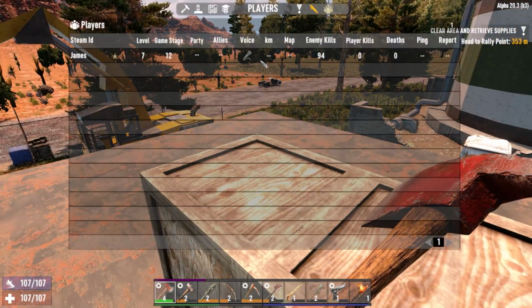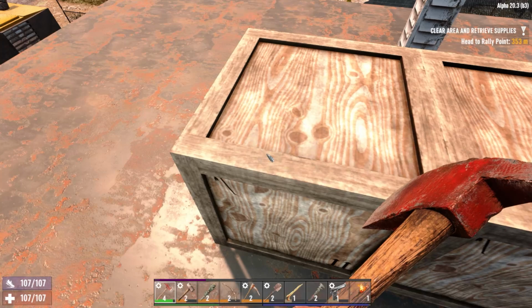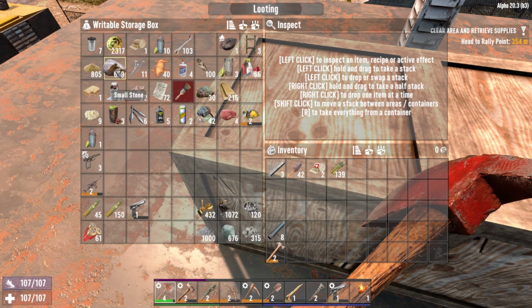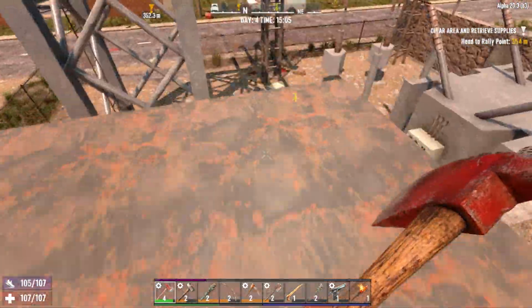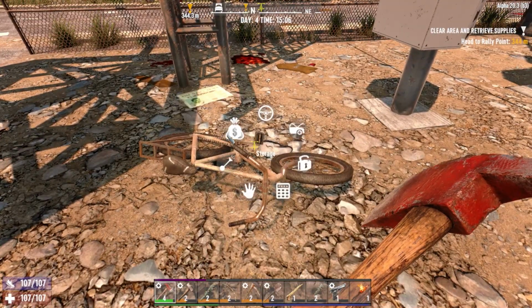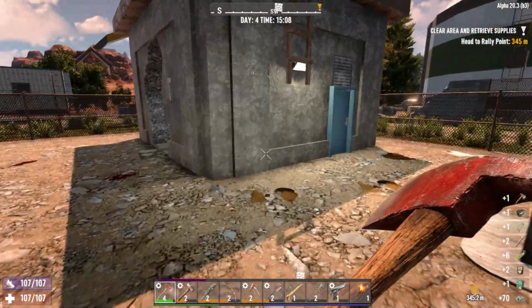So forge, we need 3 duct tape and just put the stones and the clay. Duct tape. Might have to make some. We've got some glue there. We have got some cloth, so I could make 4 up. Murky water is definitely something I could grab because we've got plenty of bones and I need to make some more glue, so